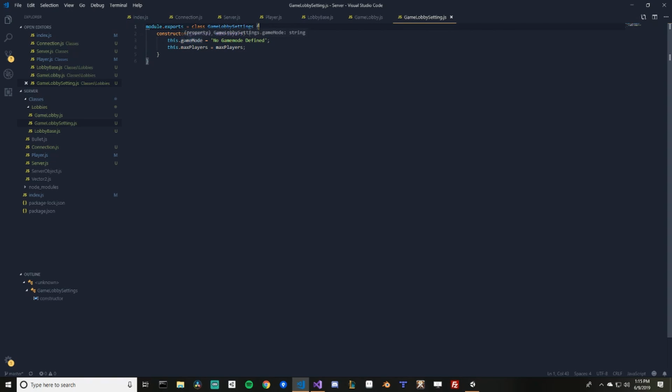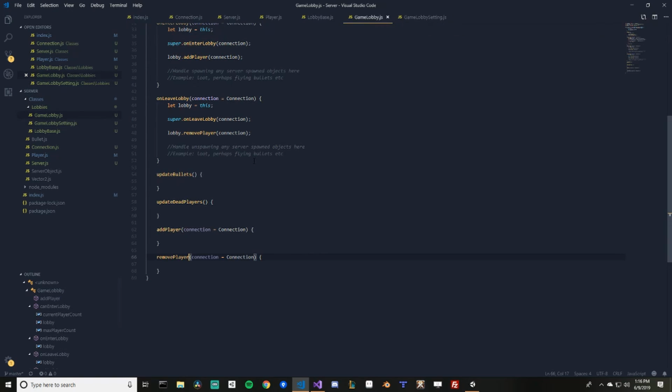So in this case, we're just gonna have a tag for the game mode, and a tag for max players. We're only really using max players to check if you can join the lobby. In the future, it could be levels, requirements, arbor requirements, whatever you want to do based on your game. So we're gonna save that under game lobby settings,